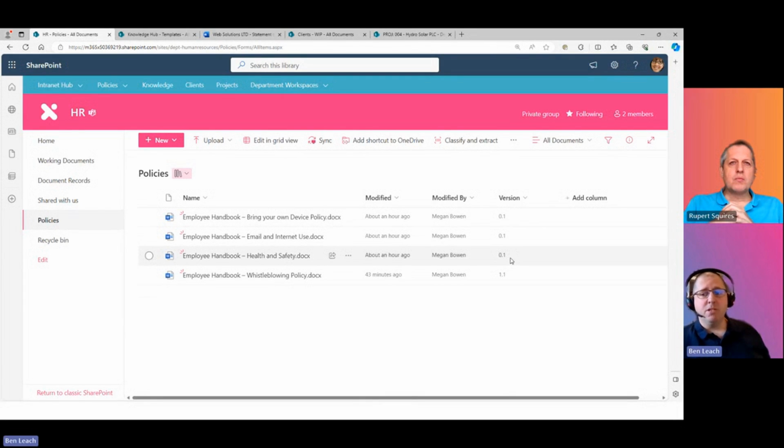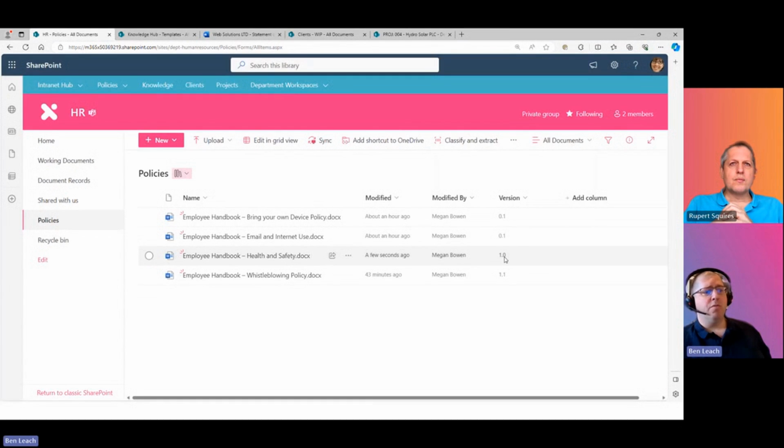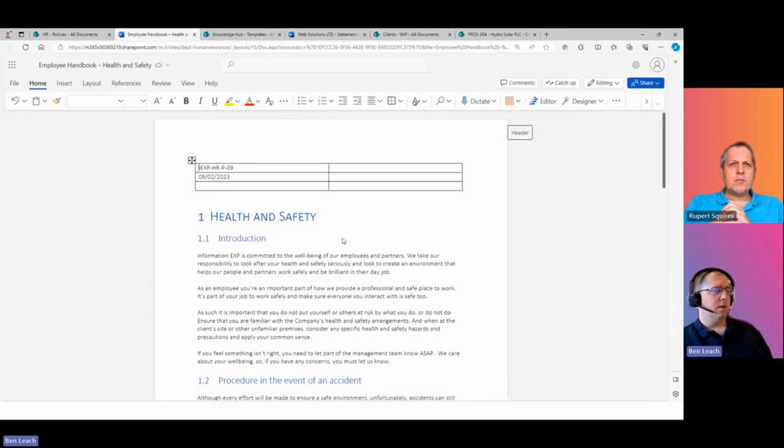This document doesn't have a major version yet, which means that only people that can edit this document will be able to see it. No one else will be able to see it. So if I wanted to go and take a document and publish it from a minor to a major, I can select it and click on the publish button. Okay. So I'm going to go and do that. It's now version 1.0. If I wanted to go and modify that, and we'll go in, make a couple of changes,